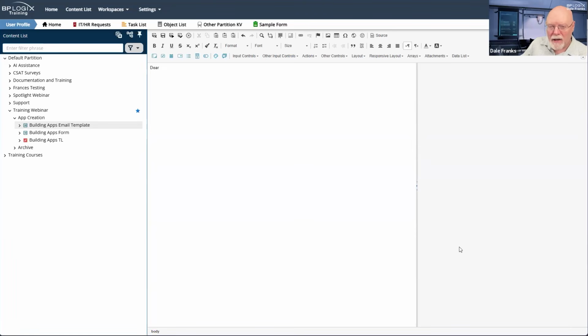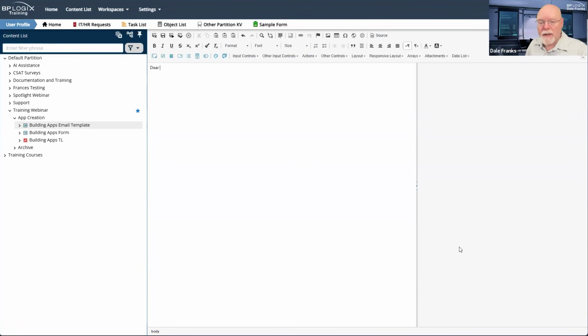What I can send in an email is any value that can be converted to text when the email message is constructed. So that means if I want to send form data or process data or the task instructions for a task assignment, whatever it might be, I can use system variables to pull that information out of Process Director and place them on the page as text. But what I can't do is actually have form controls that require the user to fill out anything. They're just meaningless in the context of an email. So we're going to have to use system variables to do most of the work that we're going to do.